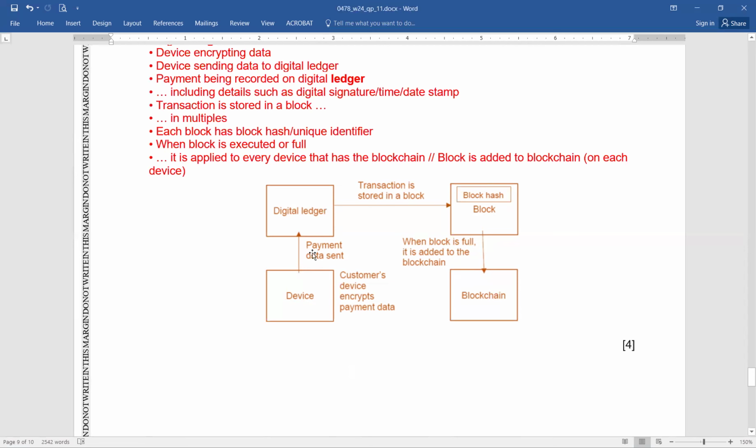So in the beginning, it's the device sending the payment to the ledger. After that, the ledger is going to make it available, like the transaction is going to be stored in a block. And here you can see the use of a hash value also. After that, it is going to be full. Once the block is full, then it is added to the blockchain, and this is the blockchain. So very simple diagram, writing the keywords here, writing just simple, short sentences, what is being done,